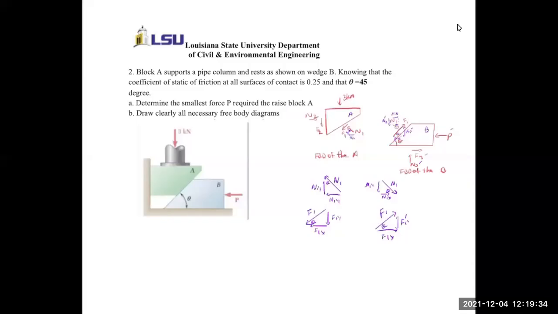Okay, guys, so this is the second problem. It's about friction. The problem says block A supports a pipe column at rest as shown on wedge B. Knowing that the coefficient of static friction at all surfaces of contact is 0.25 and that theta equals 45 degrees, it asks us to determine the smallest force P required to raise block A and draw clearly all necessary